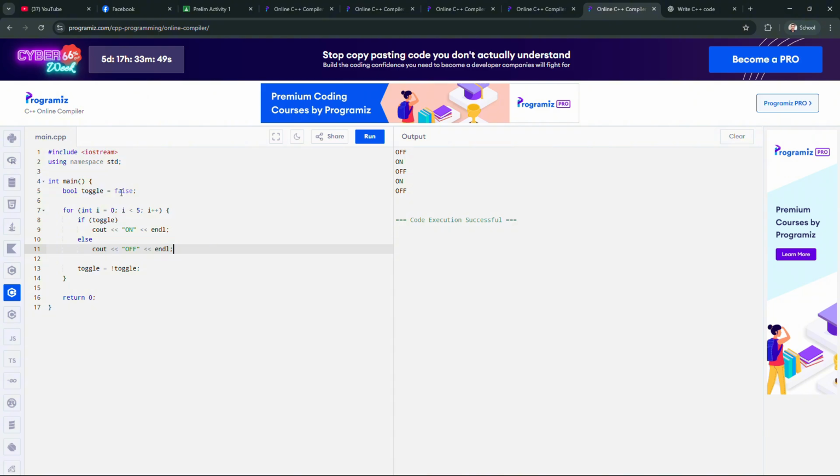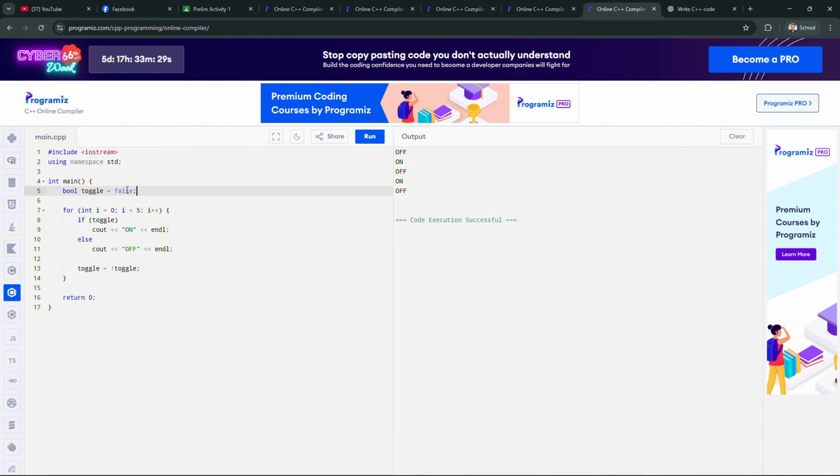So the value of our toggle is false, then this will be printed, and then after that it will go to this toggle operation. So the value of toggle is false, so it will flip or change to true.